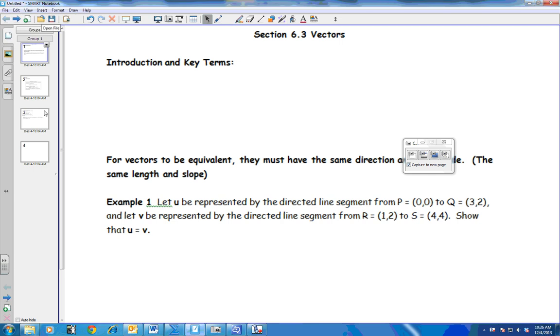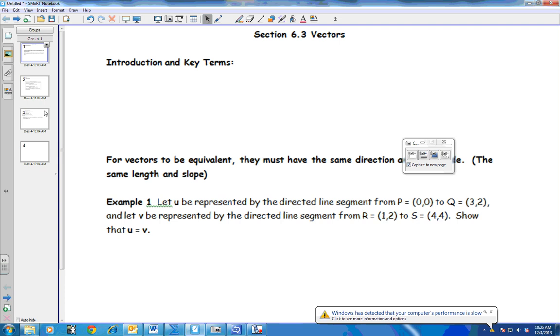This is section 6.3, part 1, and we're going to be talking about vectors in the plane. And the first thing we're going to talk about is just some basic key terms and notation. So far, we have a lot of things in geometry and physics that can be represented by a single real number,